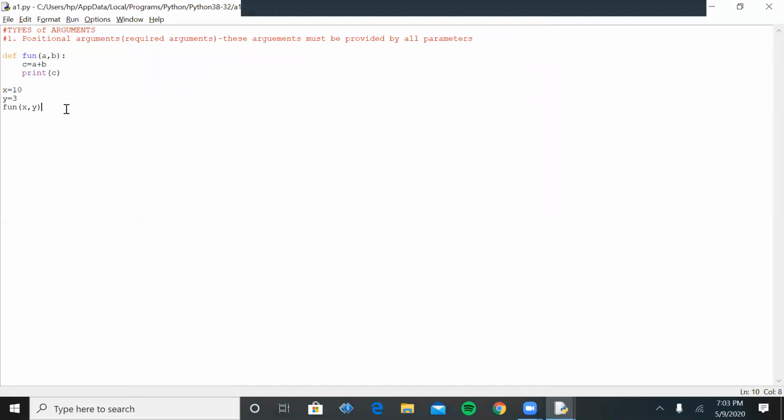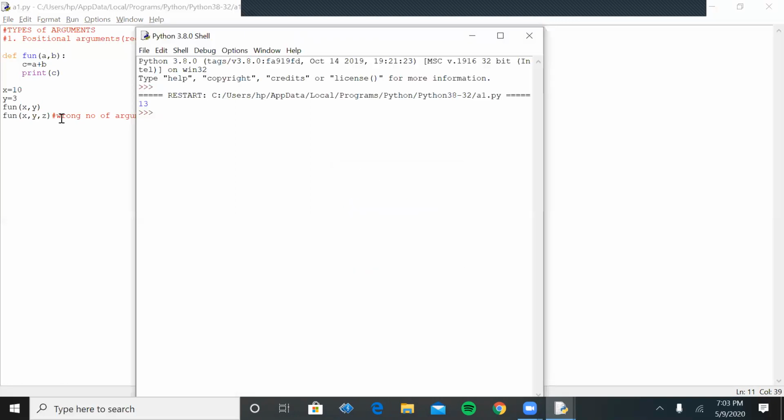But if you call the function and specify a different number of arguments, it will show an error, because in the definition there are only two parameters. At the time of calling the function, we have to take care of the number of arguments we are passing.